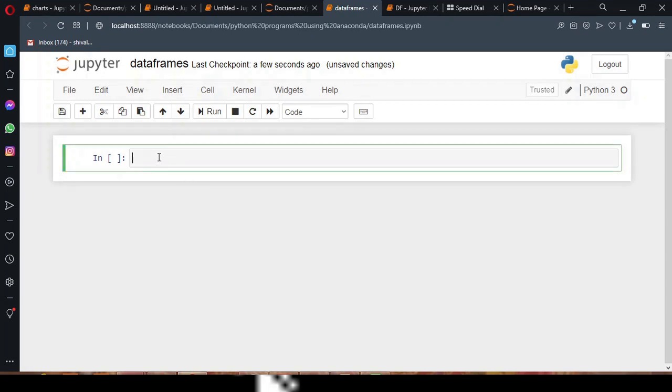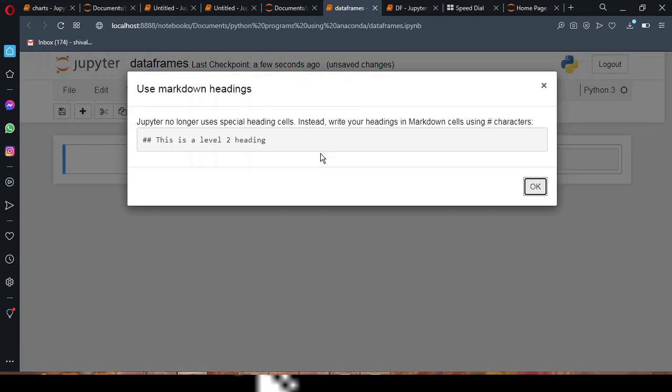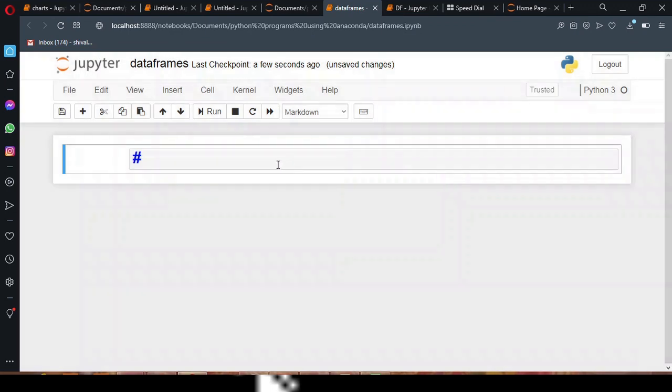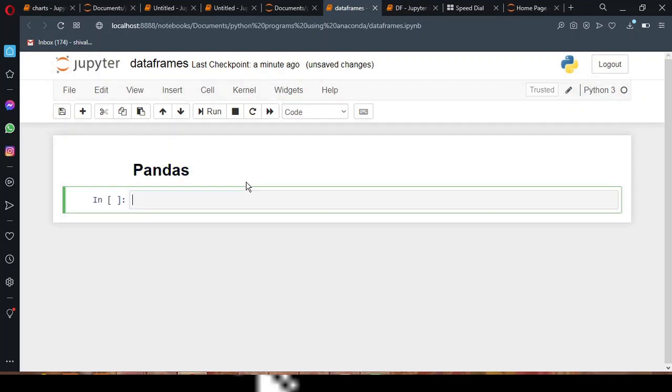Now I want to give a heading, so what I can do is click on headings and then you can give it a name. This is my heading 2. You can write here pandas. I'm writing and shift and enter. So I'm going to give one more heading.